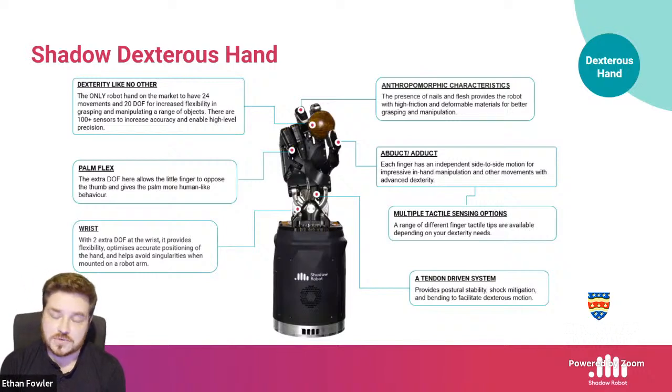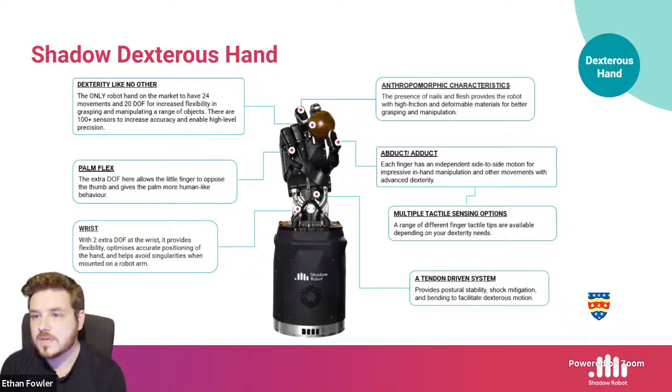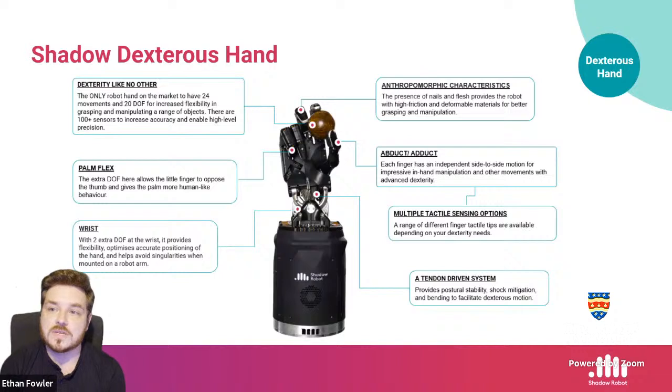We did make a pneumatic version of it at some point, but at the moment, all of our models that we sell are powered by Maxon motors in the forearm. If you see a Shadow Dexterous Hand in the wild, a good way to tell how recent it is, is to look for that ridge at the top of the forearm. If it has that, it means that it was produced relatively recently, because that's a recent improvement that we made